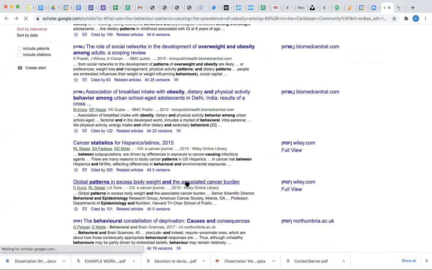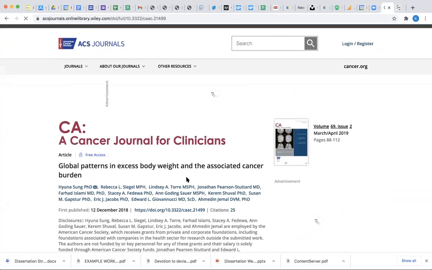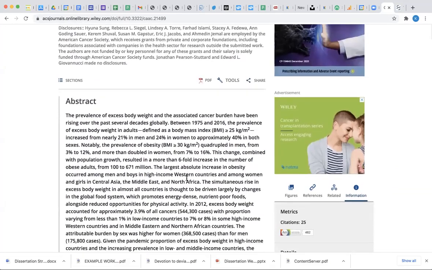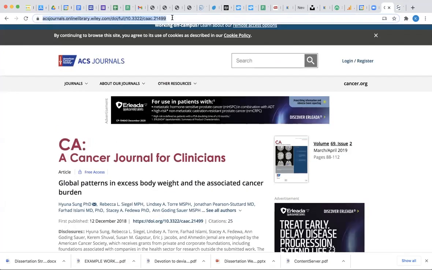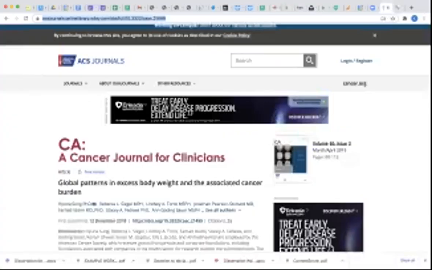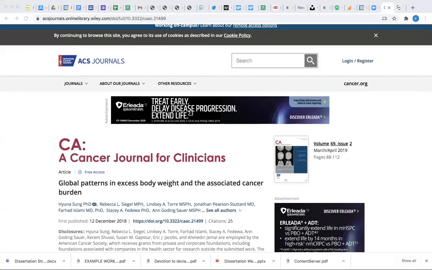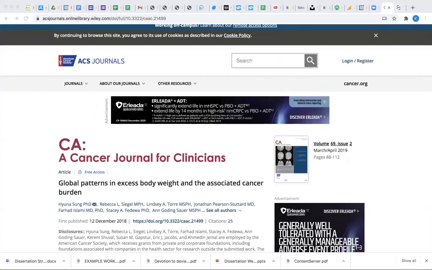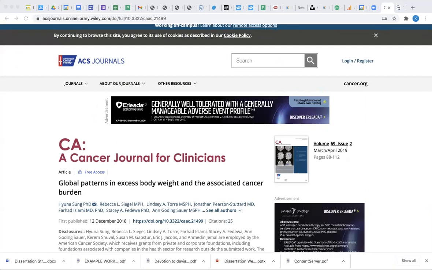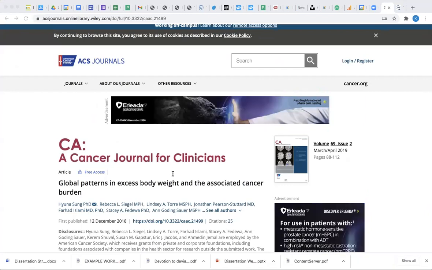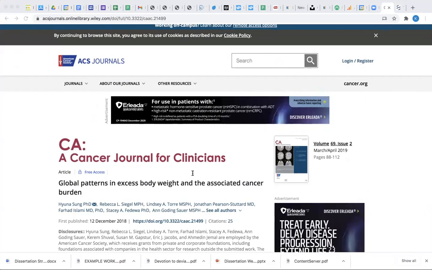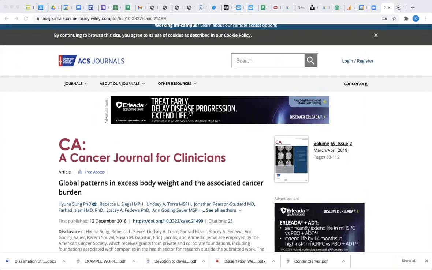Perhaps we can look into something like this. Sometimes you may not have access to everything, but these are global patterns. So global patterns of obesity, right? But if you choose to go with this one because you found like 2, 3, 5, 10 articles with